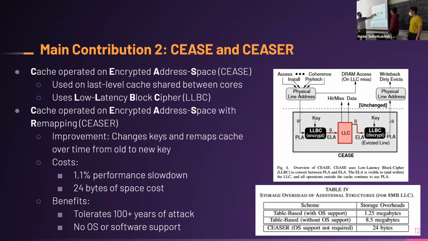In order to do that, you need some sort of an encryption. It's not really an encryption; think about it more as a mapping. So it's like a pseudo random function in some sense, and they use a key to do this mapping. And given that from here to here is a random mapping,